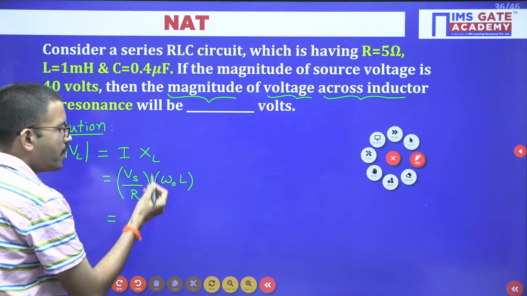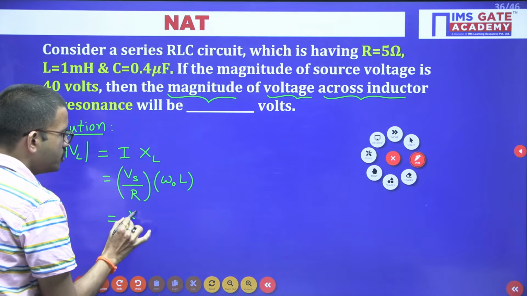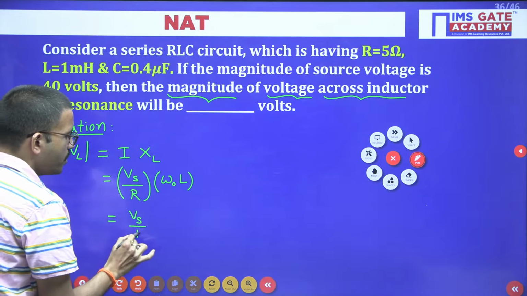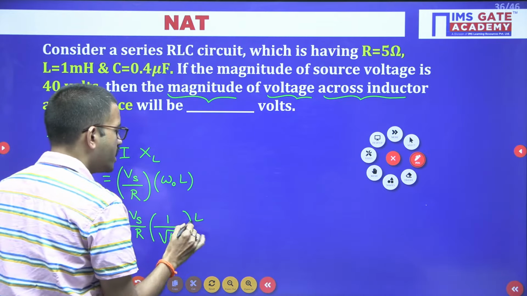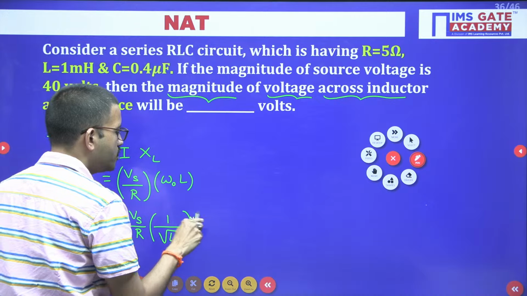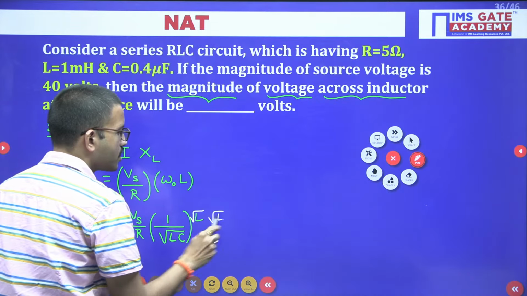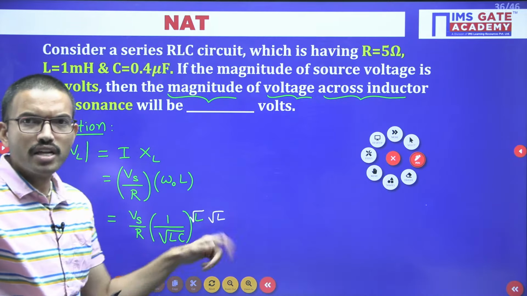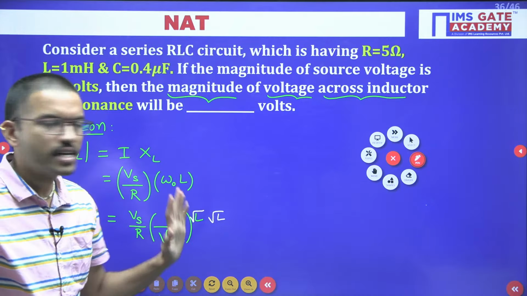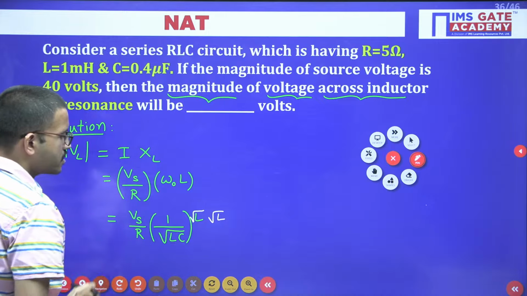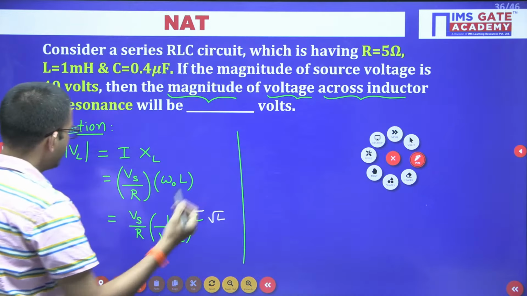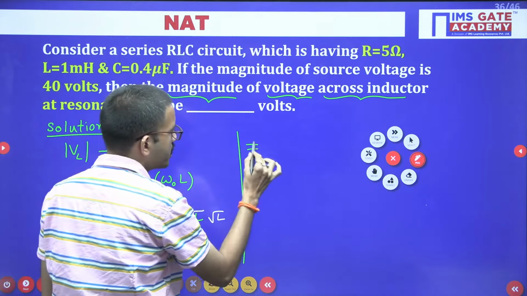Now, here omega naught you can substitute, omega naught equal to 1 by root LC. Here numerator you are having L, right? So this numerator L we can write it as root L into root L. Root L into root L is nothing but root L whole square. Square and root both will get cancelled. You are getting L. So from here one root L gets cancelled. So from there we are going to get magnitude of voltage across inductor